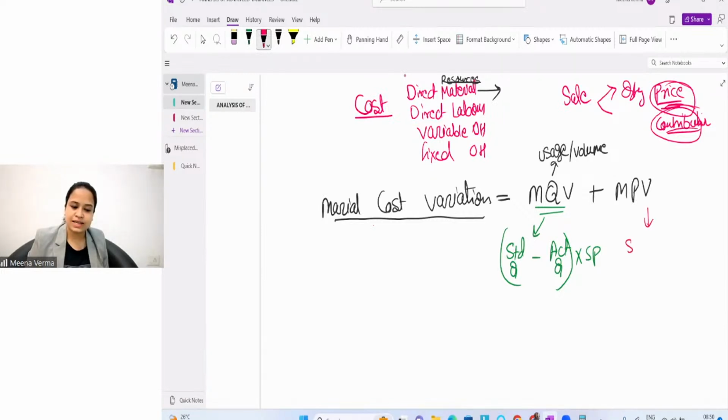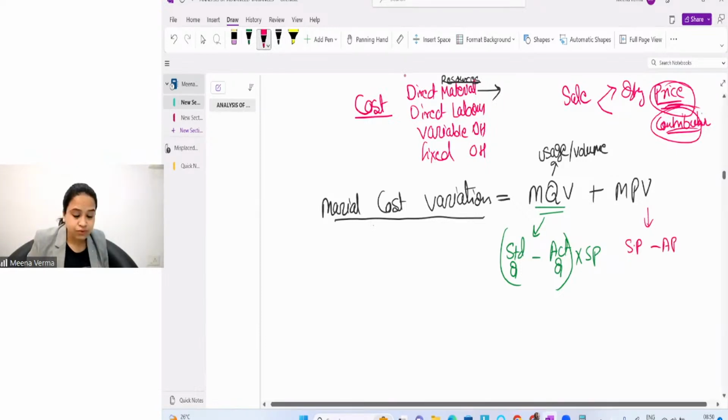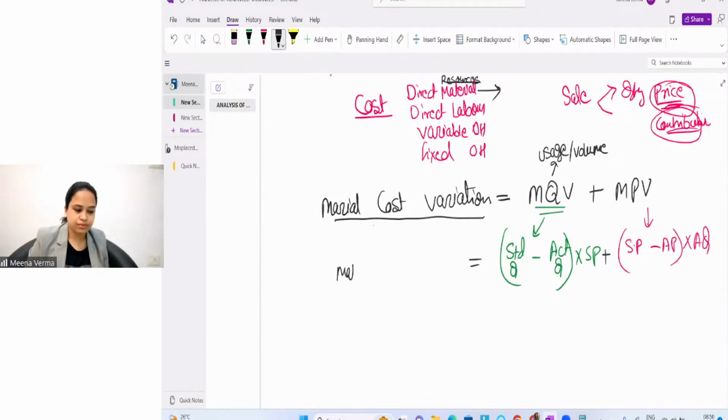So this is the standard price of the raw material, then the actual price of the raw material, then how much actual quantity you have consumed, right? If you add these two values, it will give you material cost variation. So what will happen? Just solve it. You will find that two values are common. This value and